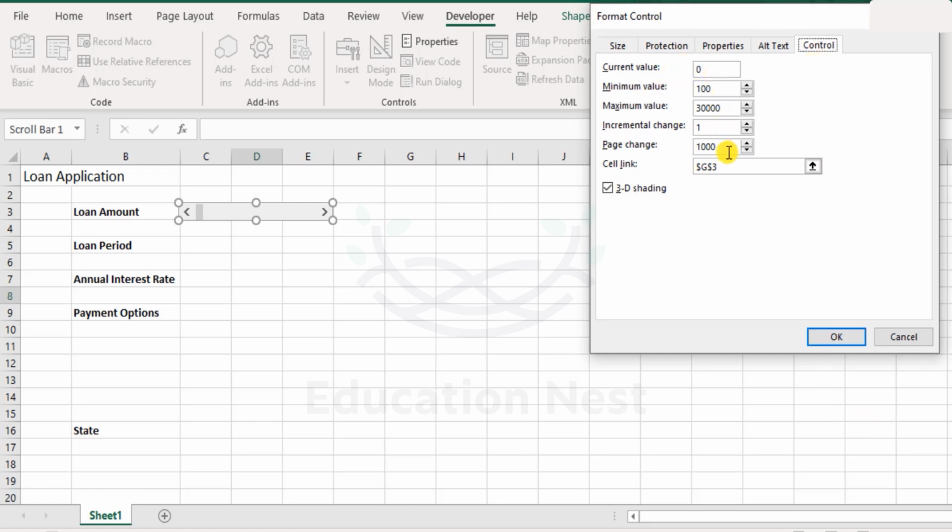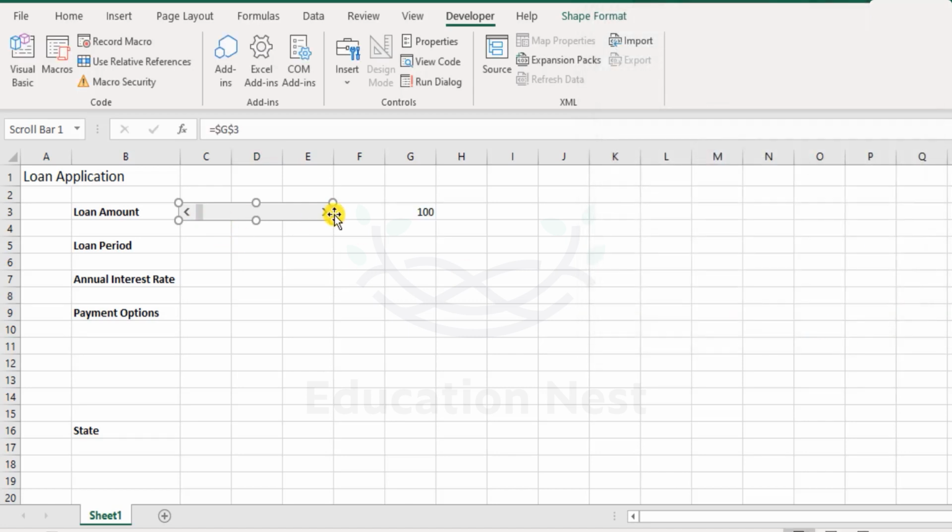Once we have defined the upper limit, lower limit, and the cell linkage, we click OK, and you see the minimum value is 100. If I click aside, this bar is now active. Every time I click, you see it just increments by 1. But if I click anywhere like this, it increments by 1,000. Right? So each click on the upper and lower part of this bar will only increment by 1. And if you click anywhere in the middle, it will increase or decrease by 1,000. Well, you can also freely drag and drop this